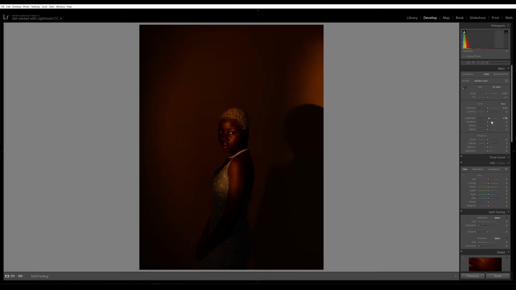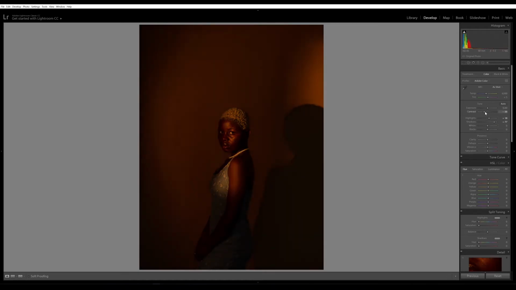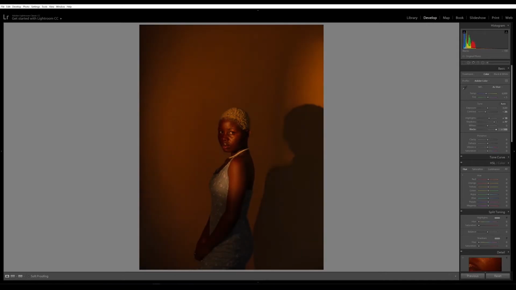So I won't be lifting the highlights too much. Try to maintain the moody look that this image has. Let's reduce the contrast a bit. It's a lot of contrast, so let's reduce it a bit. Then we're going to use our histogram to try to find the right exposure, and then we move over